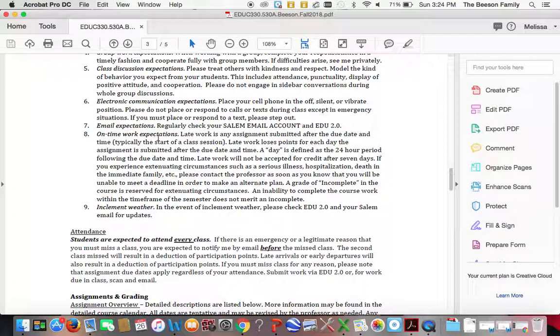But if it's just late because you forgot or something like that, that's okay. You might lose a point or two, but still submit it, because a point or two off, you might still have an A on it. It's much, much better than having a 0. So please don't be afraid to turn work in late. I do accept it,